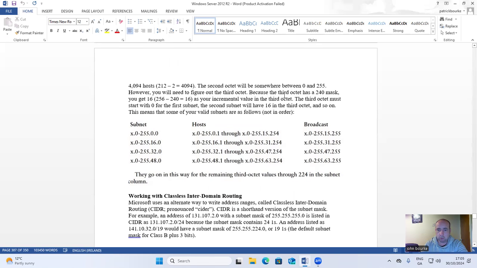The second octet will be somewhere between 0 and 255. However, you will need to figure out the third octet, because the third octet has a 240 mask. You get 16: 256 minus 240 equals 16 as your incremental value in the third octet. The third octet must start with 0 for the first subnet. The second subnet will have 16 in the third octet, and so on. This means that some of your valid subnets are as follows, not in order: subnet, hosts, broadcast: